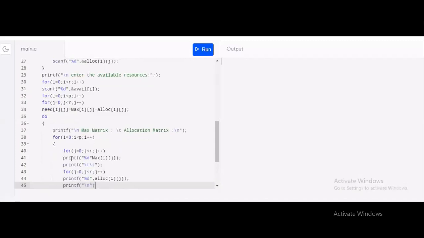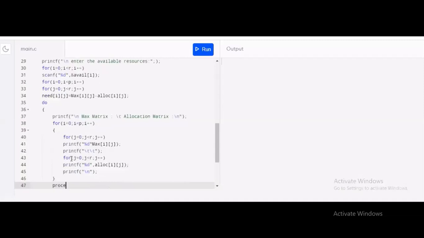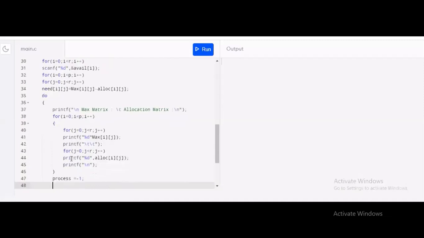Now we will check if the process has completely executed and exited from the system or not. So for this, I am going to write process is equal to -1. It will check if the process has completely executed and exited the system or not.